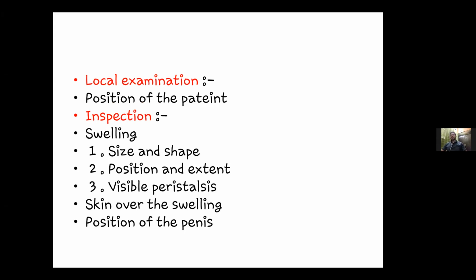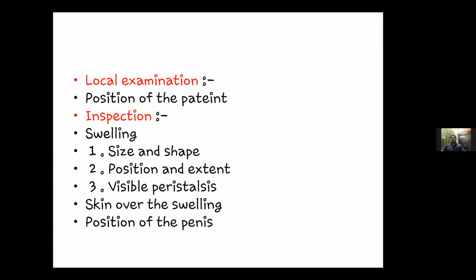Next comes local examination. The local examination not only helps the surgeon to arrive at the exact diagnosis and type of hernia, it also gives a fair idea about the content the hernia holds. The patient must always be examined in the standing position followed by supine position. In inspection, the size and shape of the swelling gives a rough idea about the type of hernia. In case of indirect inguinal hernia, usually the swelling takes the shape of a pyriform. But in case of a direct hernia, femoral and obturator hernia, the swelling takes a spherical shape.